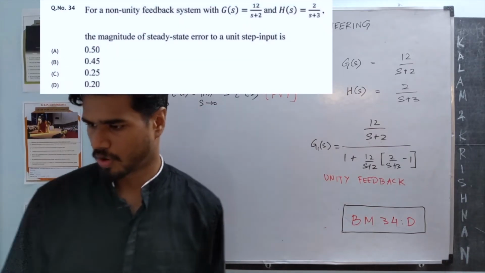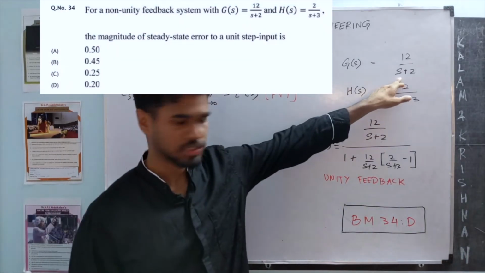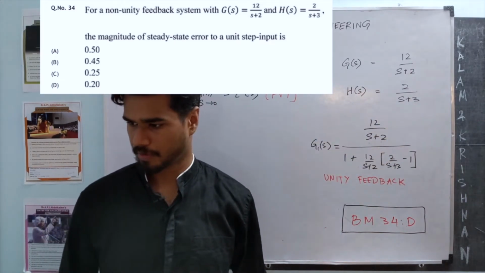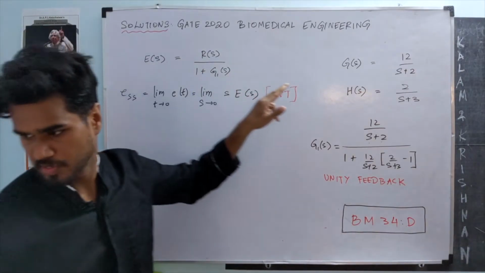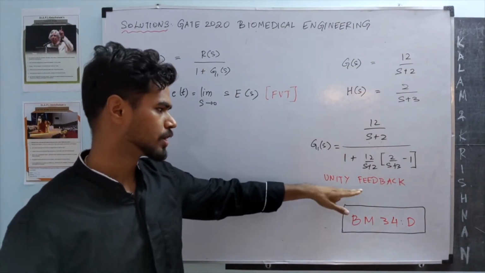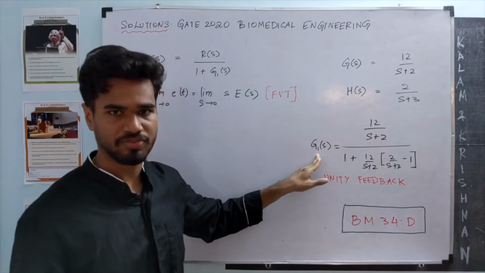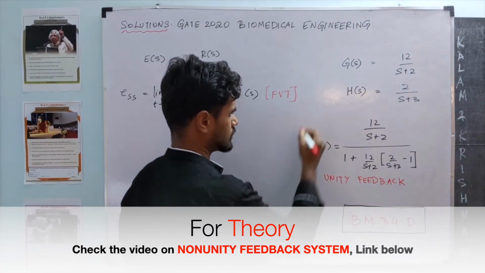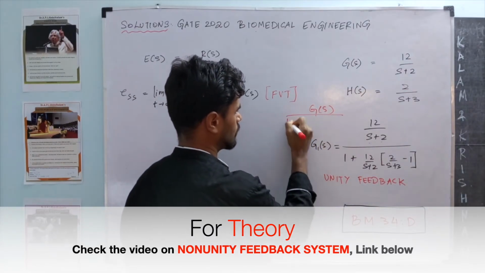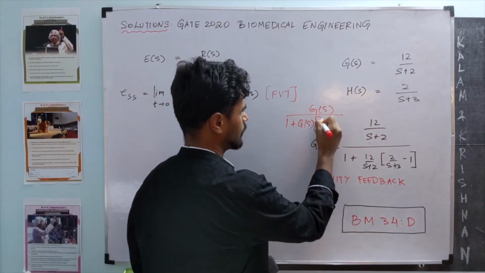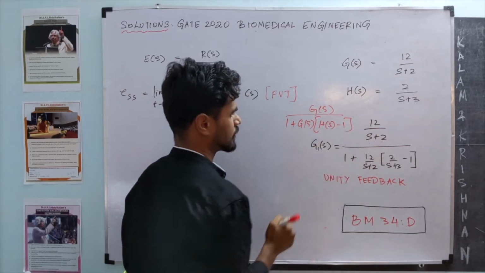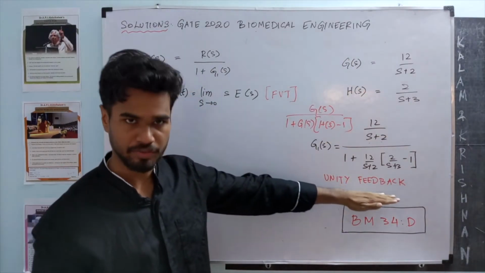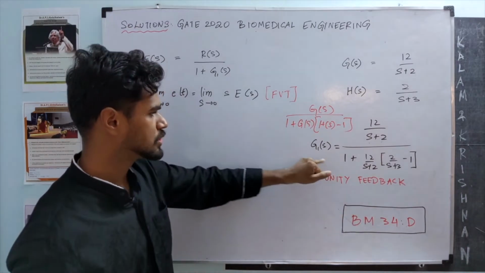34th question. For a non-unity feedback system, G of s is 12 by s plus 2 and H of s is 2 by s plus 3. The magnitude of steady state error to a unit step input is? The given system is non-unity feedback, right? So if you convert it into unity feedback, G1 of s will be G of s by 1 plus G of s into H of s minus 1, which is what is written over here. So convert the non-unity feedback system into a unity feedback system, and once you have G1 of s,